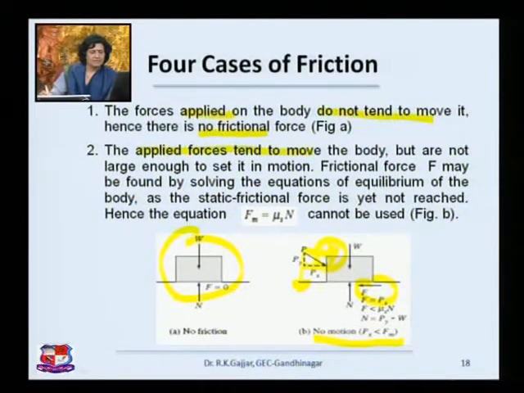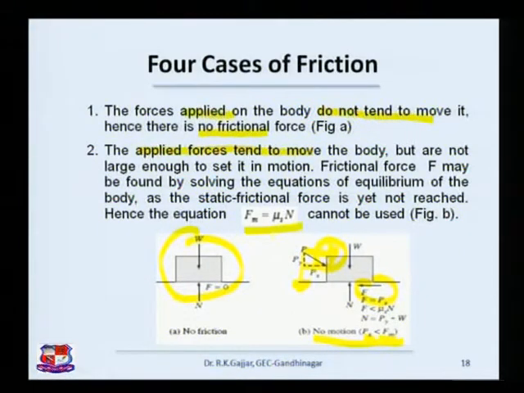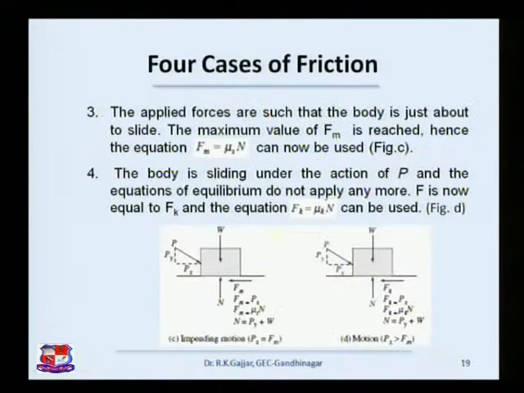Now here we have to find out, still what is happening? Force has appeared, no motion. That means your Px is less than Fm. What is Fm? The maximum frictional force. Fm we already know how to find out. So we know that till this particular point you can keep on increasing Px, keep on increasing Px, we have Fm. It is not going to allow the motion or sliding of the body.